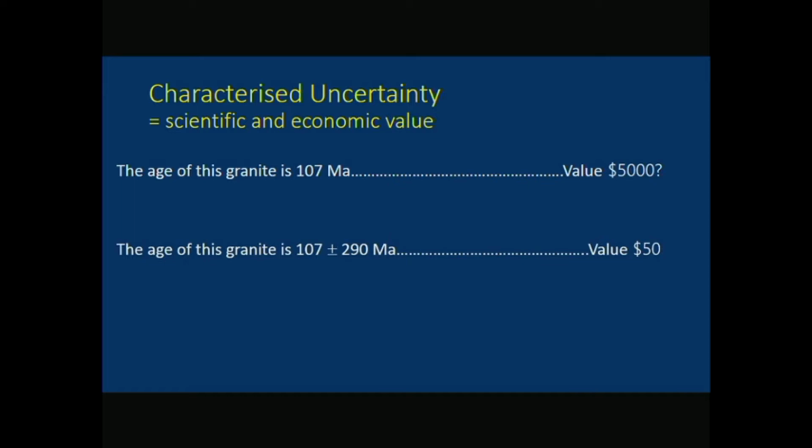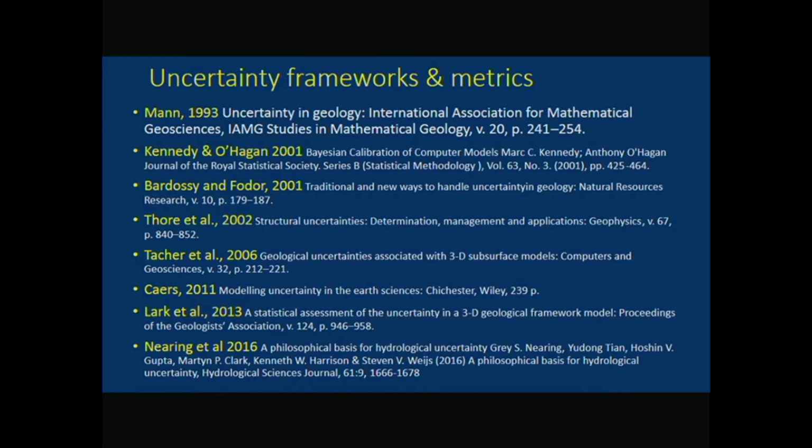And so it's really the pluses and minuses that have the value much more than the age, or at least they're intimately combined. And if I tell you that it's 107 million years, but I actually don't know the age, then you go, well, I don't know what the value of that information is, but it's clearly somewhere between $50 and $5,000. And it's the same for 3D geological modeling, except in 3D geological modeling, in most cases, we're down here. We make our 3D geological model or our geophysical inversion, and the error bars are actually very hard to define. So what we're going to go through at a breakneck pace is looking at uncertainty.